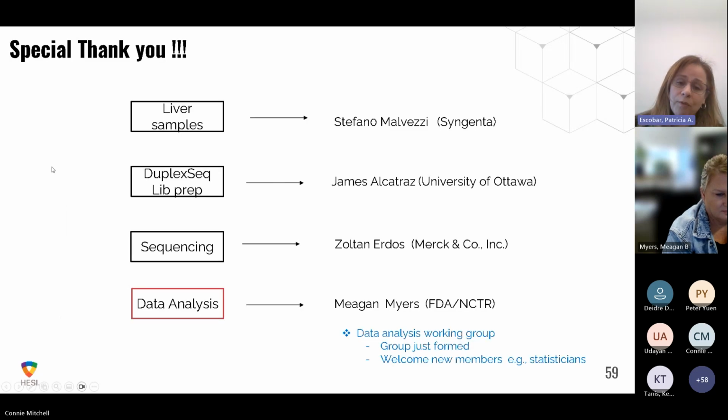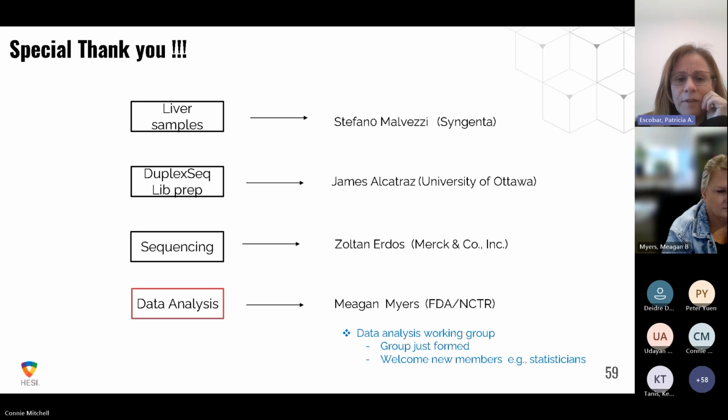So where are we so far? I know we have not done a lot, but this is a lot of work. We got the samples early this year. We were able to send them and identify the University of Ottawa. James started working on those samples. It was actually late when we were able to receive the samples in Canada, I think it was May or something like that.